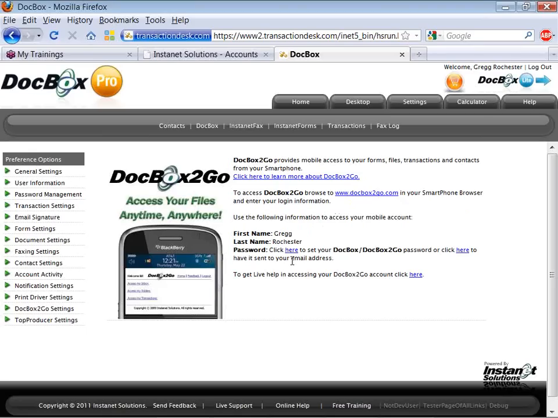This website is optimized for mobile browsing, cell phones, iPhones, Blackberries, Androids, Treos, whatever smartphone that you may have, any phone that has browser capability, internet access, netbooks, Windows mobile devices, tablets, all of these kind of non-traditional computers. You can access your online accounts through DocBox to Go. Great way to access all of your online content through those